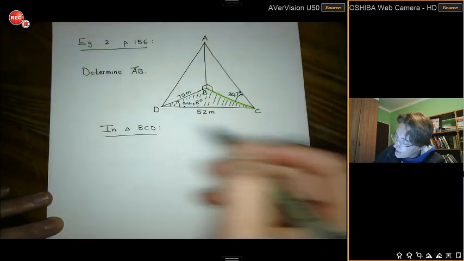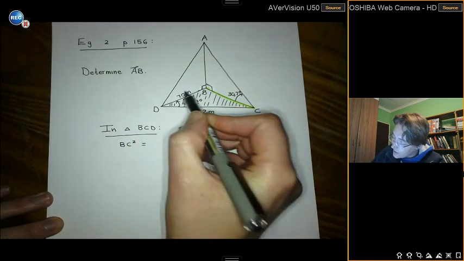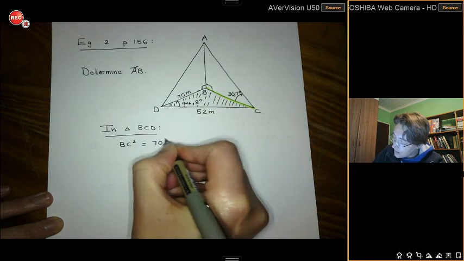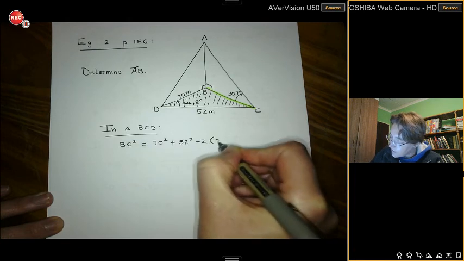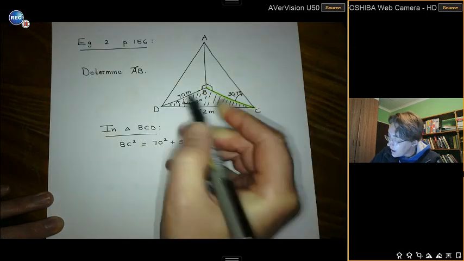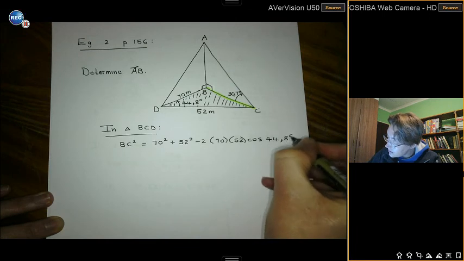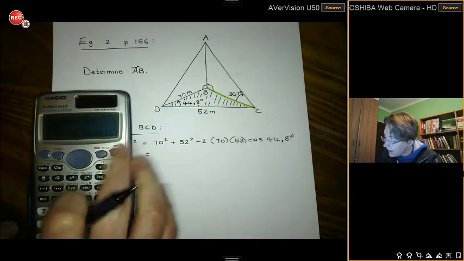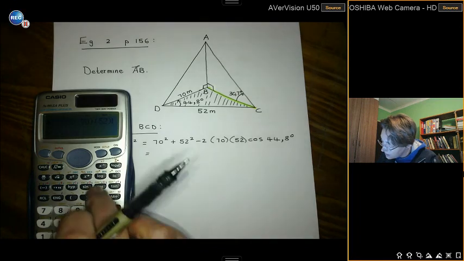So in triangle BCD, we're going to say BC squared is then equal to 70 squared plus 52 squared minus 2 times 70 times 52, and then careful, times the cos of that included angle, which is 44,8 degrees. There we go. And I'm going to just type that into my calculator. So 70 squared plus 52 squared minus 2 times 70 times 52, and then the cos of 44,8